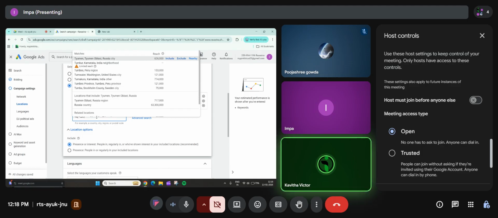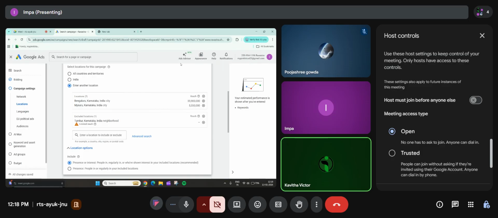Before selecting that, can you find the include, exclude nearby option? Click on exclude, which means Tumkuru is excluded. You cannot target that location in Karnataka. Precise targeting. When you're targeting Bangalore, only Bangalore location will be selected. But you don't want to show your advertisement to Tumkur people. So this also works. See on the bottom, can you find that include option?